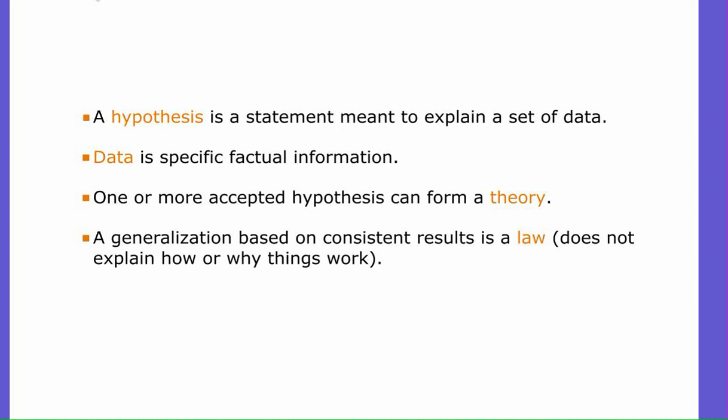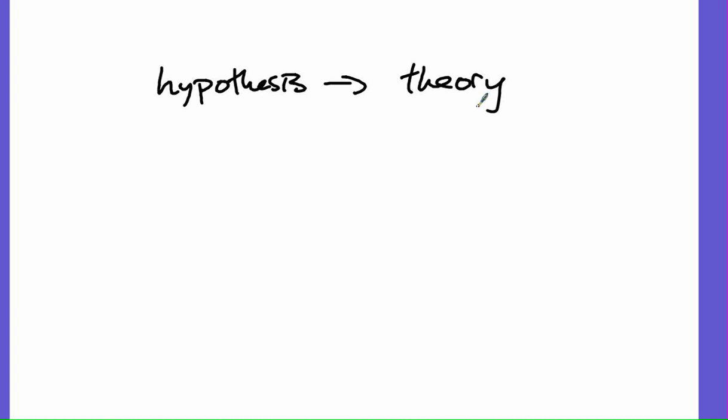And then finally you have that law, but that's where some people get confused. A law is just a generalization based on consistent results. A law is just when I throw a marker up in the air, what's it going to do? It's going to fall. So it's actually completely different than the hypothesis and the theory, and that's the main takeaway for this that I want to make sure we understand. A hypothesis absolutely can turn into a theory, because the only difference is that a theory has tons and tons of support, and we absolutely think that that's true based on the evidence that we have.